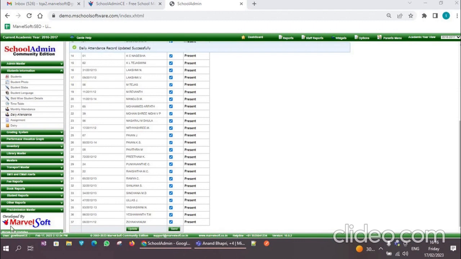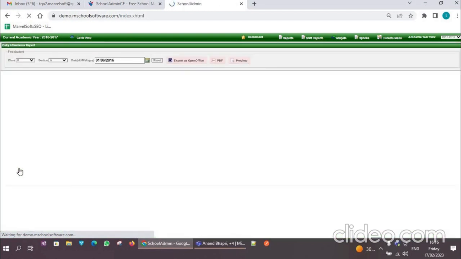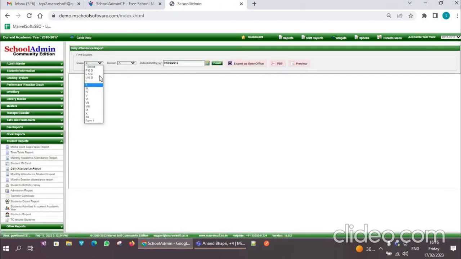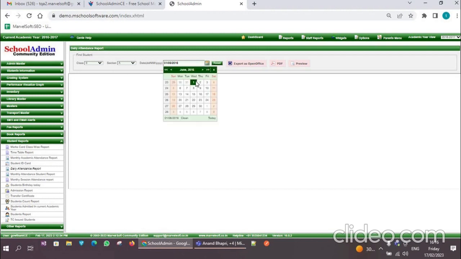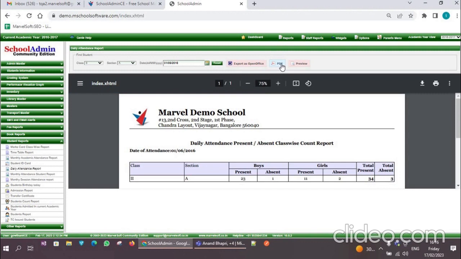Once you have updated the daily attendance, then I will show the daily attendance report. So go to Student Reports menu. Click on Daily Attendance Reports. Here, select class, select section, and also select the date. Then click on PDF to view the selected class daily attendance report. See, the daily attendance present or absent class-wise count